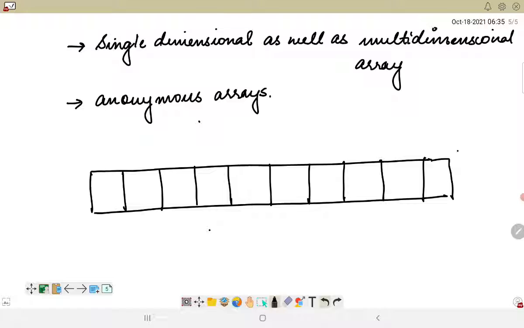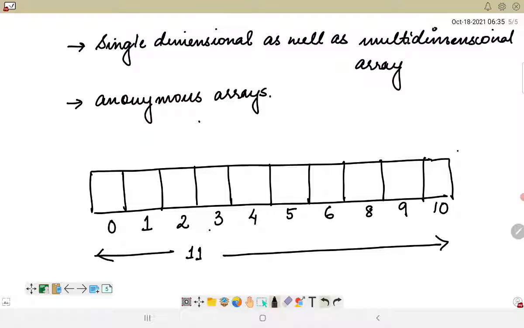If we are considering the index positions of the array, and the size of the array, this is basically 11, because it has the 0th index as well as 10. So the size of the array, or the array length, is basically 11 here, right?